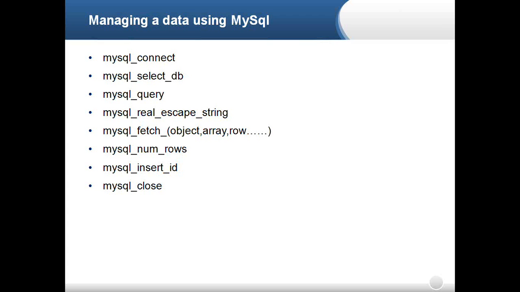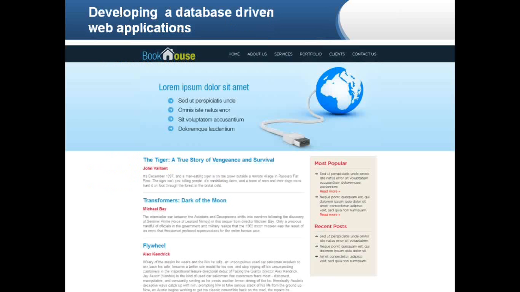mysql_close: whenever you open a connection, you need to close it to save your database and your server as well, because if there are too many connections, it is going to corrupt your database as well. So these are a few functions of the API which we will be using. I thought I'd first introduce you to the functions, and then we'll see them when we start with actual development. This is one kind of